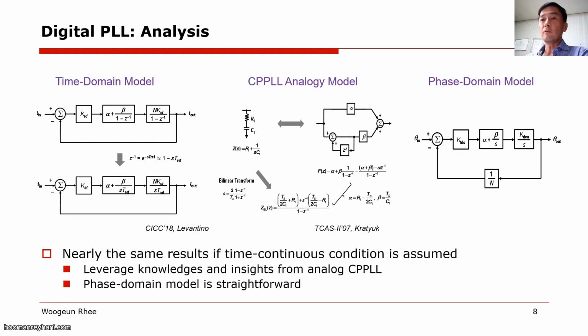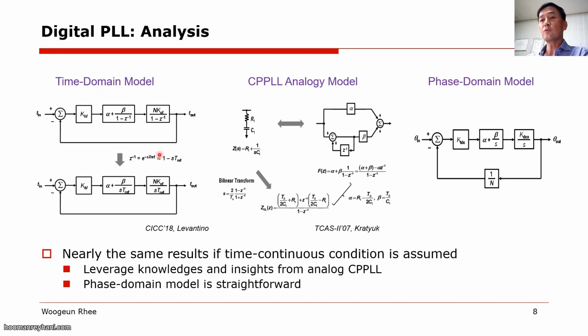And digital PLL we will also cover in several architectures. But first, I want to emphasize that once you have a solid knowledge of the type 2 second order charge pump PLL, it would not be very difficult to understand the digital PLL. So digital PLL is nothing new, as long as the PLL operates under a time continuous condition, meaning that the bandwidth of the PLL is at least 1 decade lower than the sampling clock, the reference clock. Then we can analyze it with the time domain model.